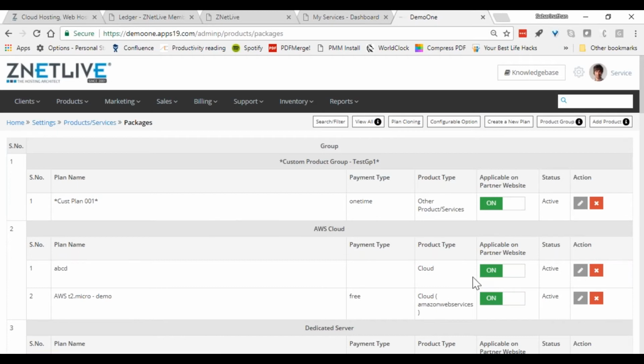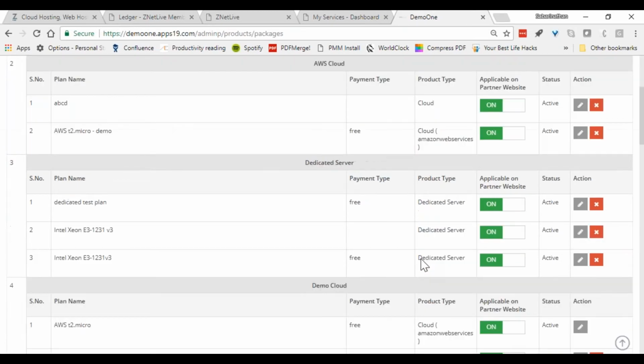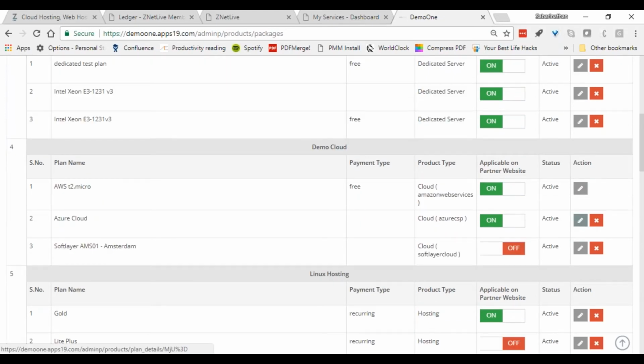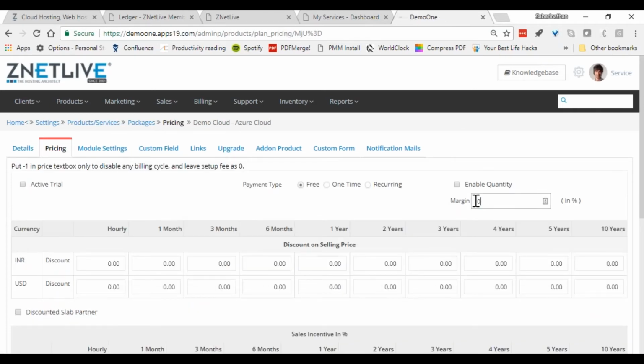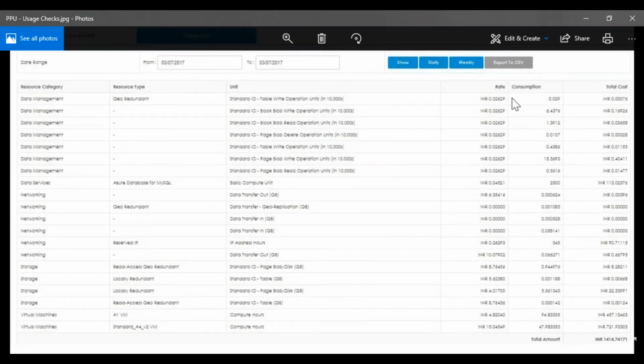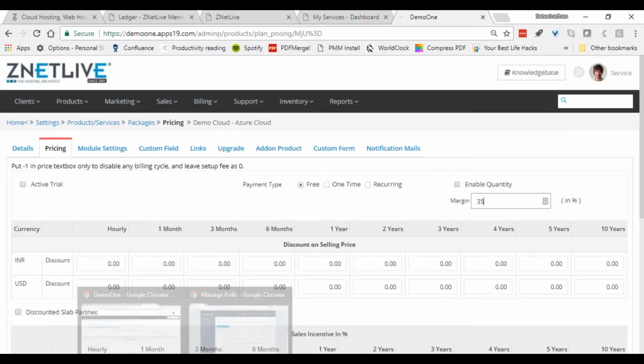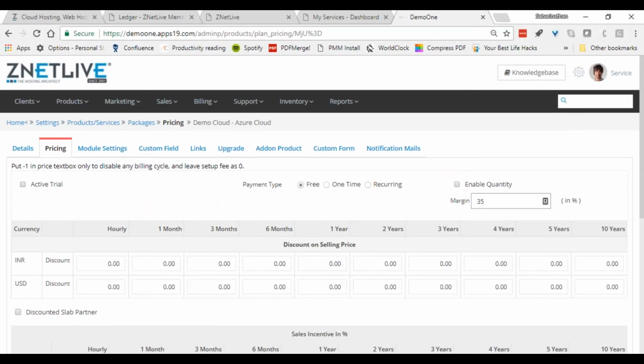For example, we can amend a particular plan. You can define pricing for it, etc. So let me just open one particular plan here. Here you can define the pricing options or margins. For example, from an Azure standpoint, you can define margins. Let's say we define a 35% margin, and that is the margin which will be applied to get the rate here, right? RackNap is fully integrated with Azure and Office 365 and IBM software, etc. as well.